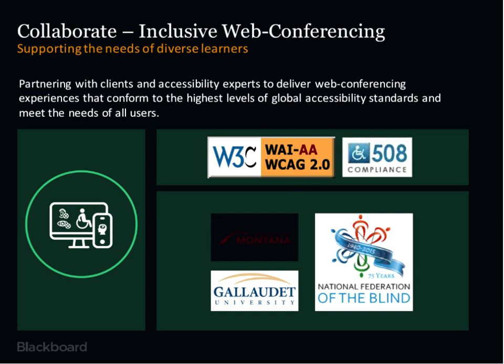Now, I've mentioned inclusive web conferencing a few times, and I wanted to highlight a few things here. One is that in September, I believe September of last year, we published our compliance documentation for the WCAG 2.0 AA standard. For those of you not familiar with that, that is an international standard for web accessibility. And we've been working pretty closely with several customers and one federation in the U.S. The University of Montana has a very robust accessibility program. In fact, one of the champions there and a student at the University of Montana who is blind is part of our technical preview program. They give us feedback literally every other week about how the product works within the context of a screen reader.